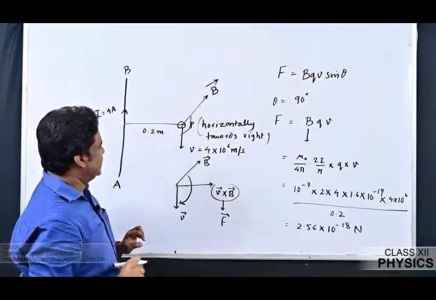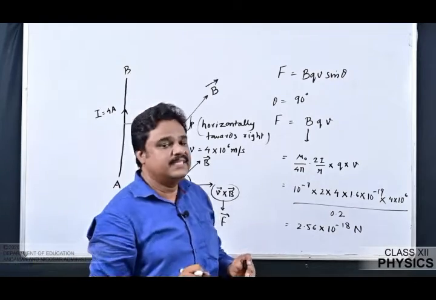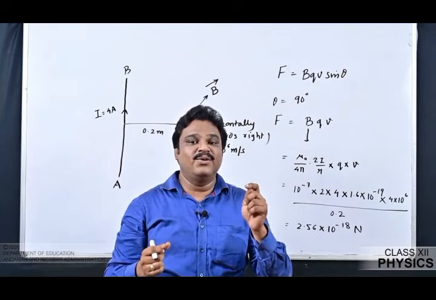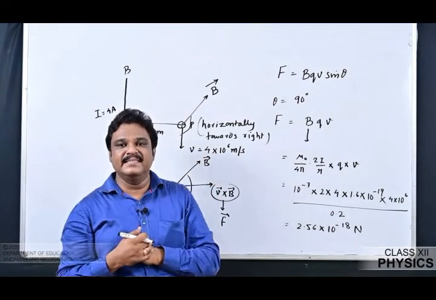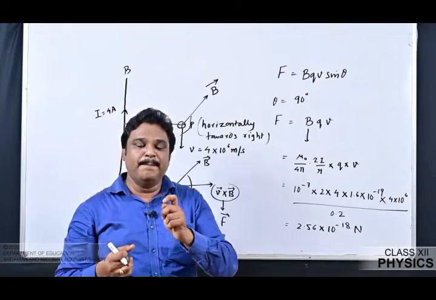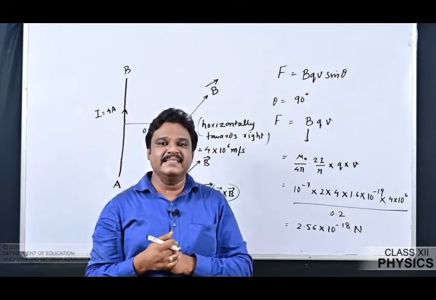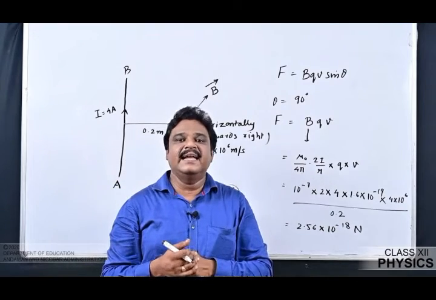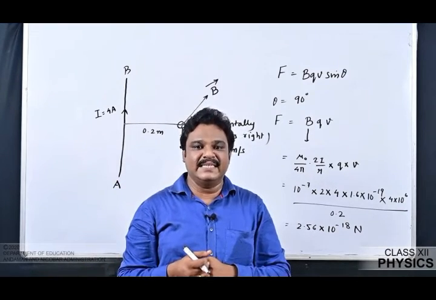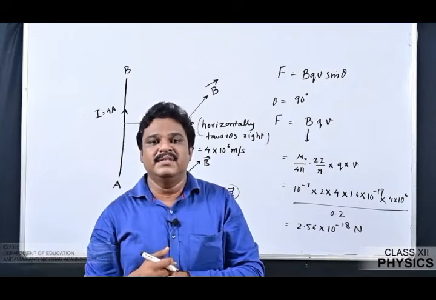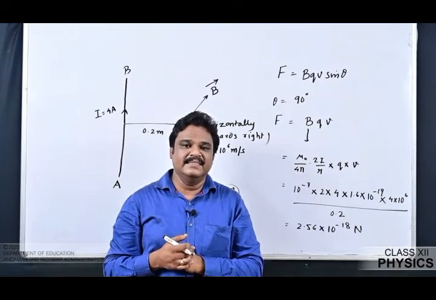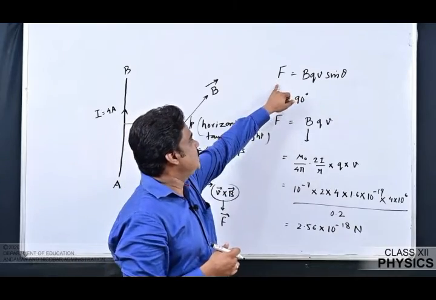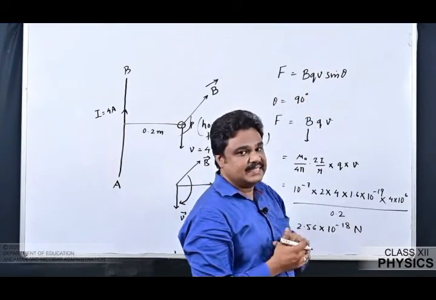So once again, this is an important repeated board question. Obviously there is a long straight wire, it carries a current. A charged particle is moving parallel to that current carrying conductor at a certain separation, parallel to it but in the opposite direction. They are asking what about the force on that charge due to the magnetic field produced by the current carrying conductor. Now the step we followed is, we started from the magnetic Lorentz force F is equal to BQV sine theta.